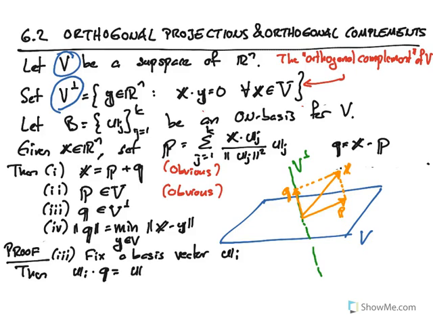So this is ui dot x minus ui dot p. So now I used the definition there, right? I just plugged that in to get this expression. And now next I will take the definition of p and I will plug that in, and that will give me